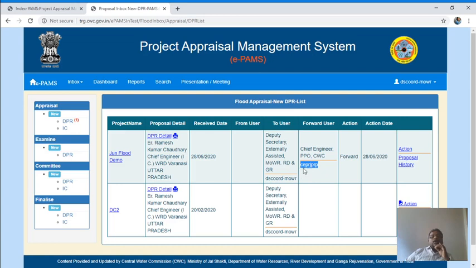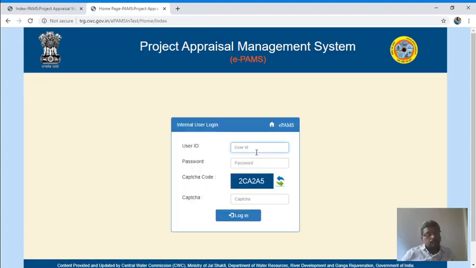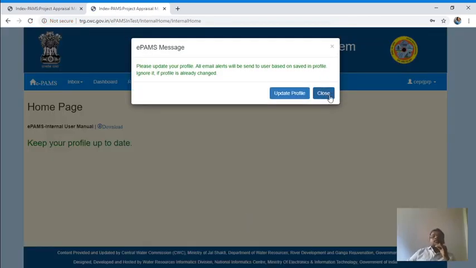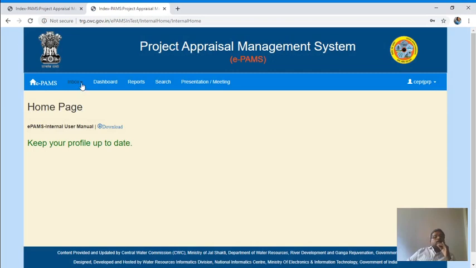Okay. Now I am going to log in with chief engineer PPO login. Come in the inbox and flood control.